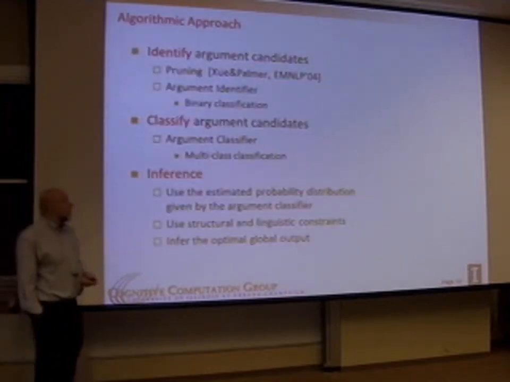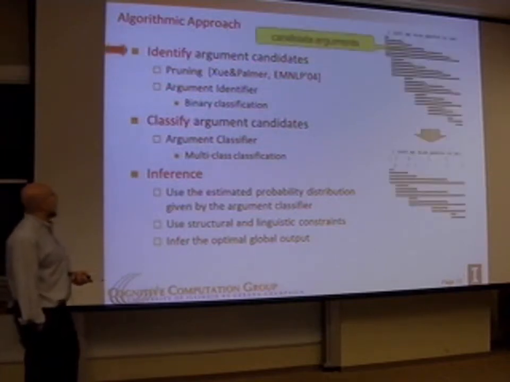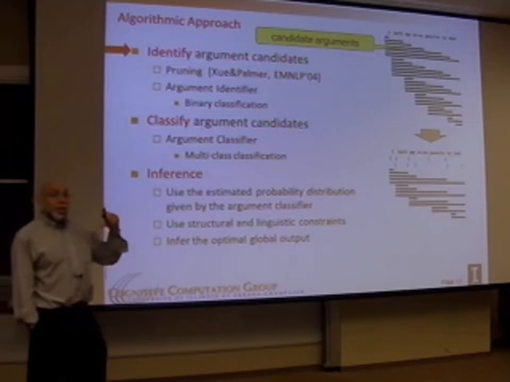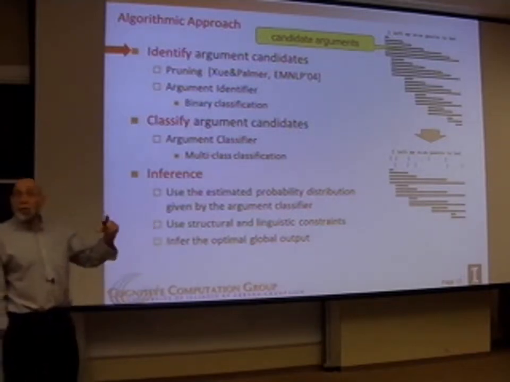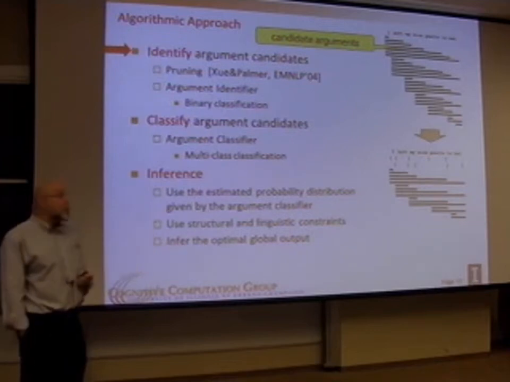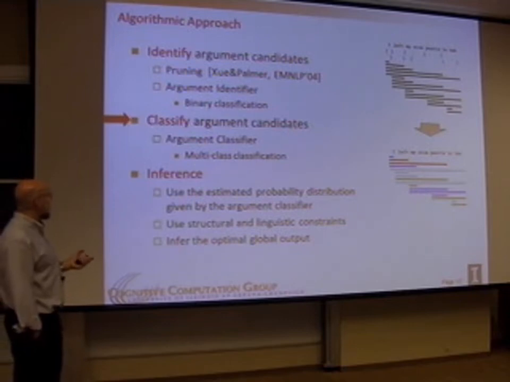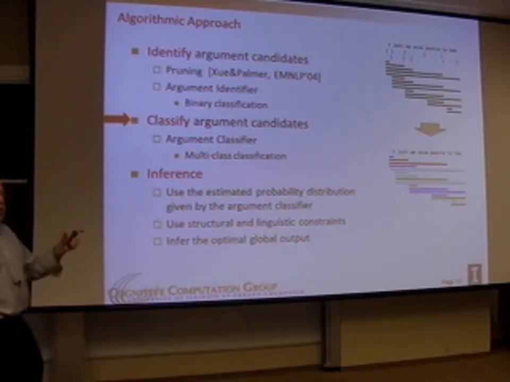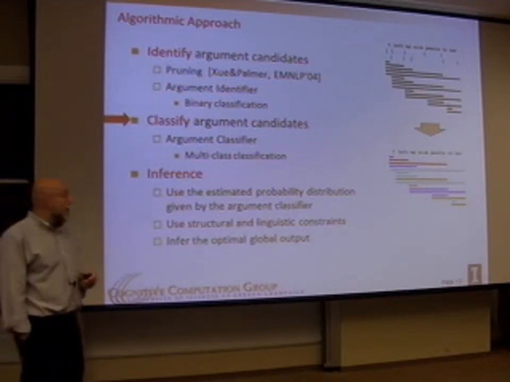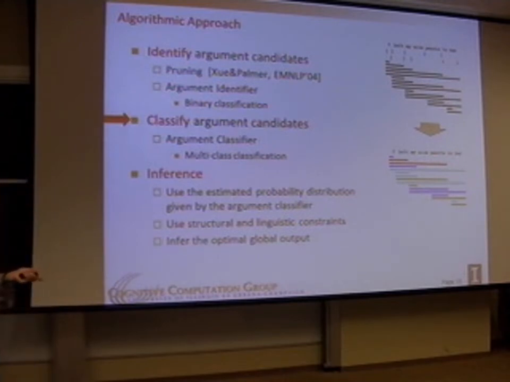So you learn a bank of classifiers, two types of classifiers really. One type of classifier basically prunes the set of all candidate arguments into those that are legitimate arguments and those that are illegitimate, and it's a binary classifier basically. And a second type of classifiers basically types the arguments for each candidate argument that is left here or that is recommended here. I'm going to type it, basically color it in a specific color, whether it's A0, A1, A2, and so on. Really what we do is we don't just type them, but rather we learn a probability distribution over possible types, but I don't know how to show this here.